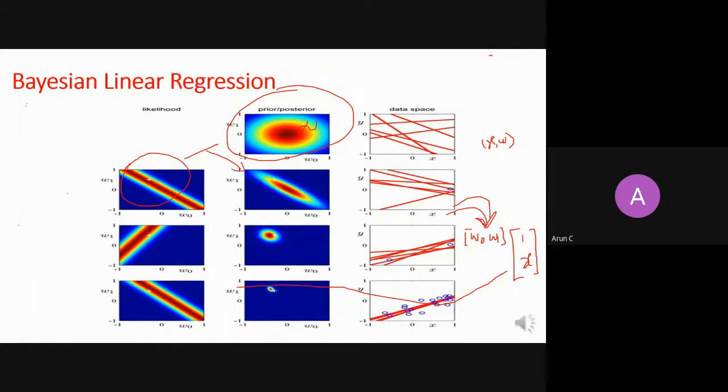The posterior distribution is again a Gaussian with some mean, and this was my covariance matrix lambda, right? So if this is my prior and this is my likelihood, I am trying to derive a normalized version. This is a Gaussian distribution, but because I have taken only the product of a prior and a likelihood, I have not divided it by the evidence. So it is not normalized, but the shape will be the same, right? It is just a scaled version, as you are dividing by a constant.